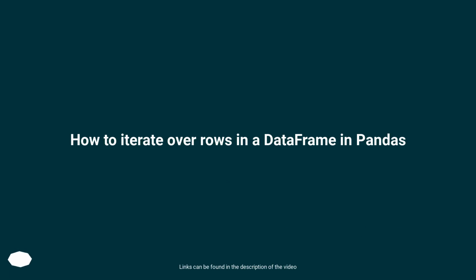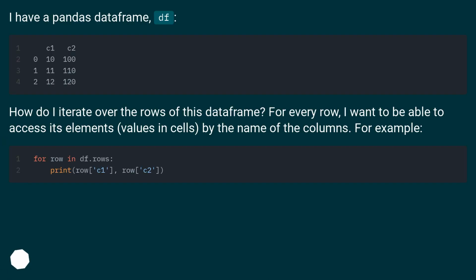How to iterate over rows in a data frame in Pandas. I have a Pandas data frame, DF. How do I iterate over the rows of this data frame? For every row, I want to be able to access its elements, values and cells, by the name of the columns. For example,